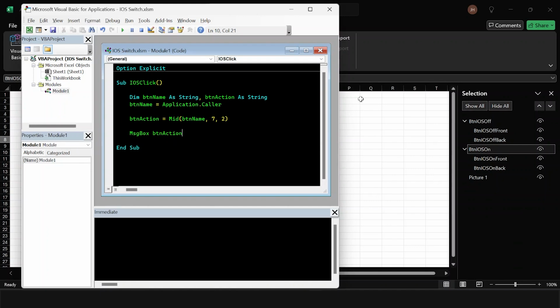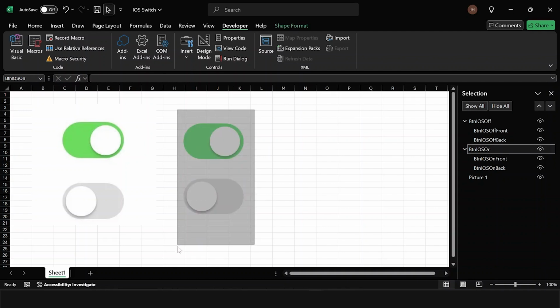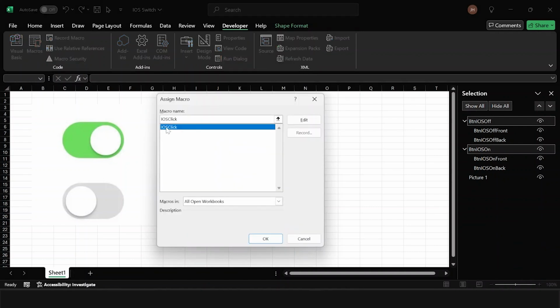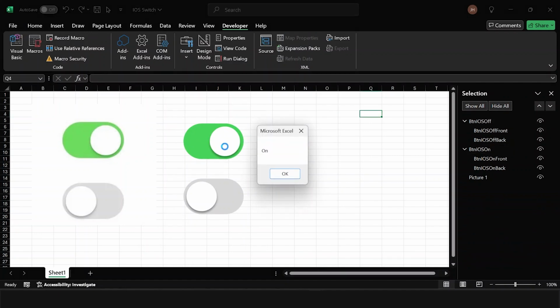So now we've got this function called iOS click. Let's just highlight everything here and assign it to all of this. Okay. So now, once we click the on button, no matter where we click, we're getting the word on. And if we click the off button, no matter where we click, we'll get the word off, but we know what that means in terms of what has been pressed. Going back to the code,